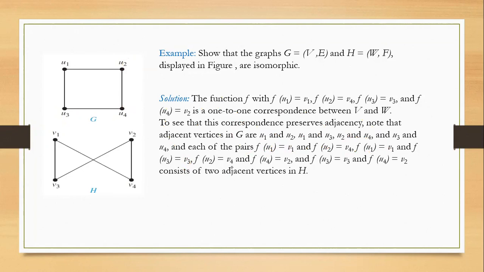So this is the way you are supposed to write the answer for checking whether two graphs are isomorphic or not. Also, this is actually very important. Isomorphism is an important topic, and it is usually worth 5 or 7 marks from the topic graphs. So this is an important topic from this chapter. So please make sure you understand it.